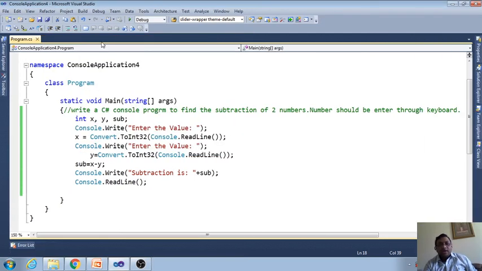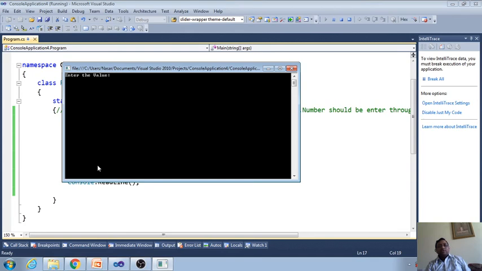For example, I forgot to change the operator here, it is plus, and now I am going to run this program. See, the program is running, there is no error. Okay, if there is no error, it doesn't mean your program is correct, right? So what you have to do is check the result manually.